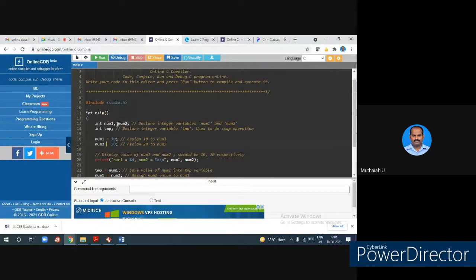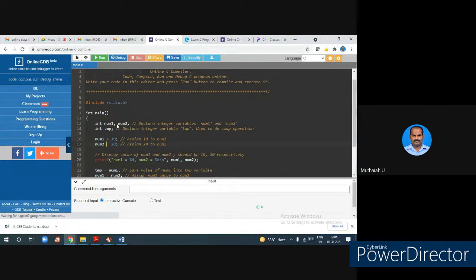Now what is our problem? Here, swapping of two values. You understand? You just relate to object-oriented analysis and design. Here you are analyzing this problem. See, the problem is given to you: swapping of two values. How can we swap? I have 10 as a value, 20 as a value. So 10 is in one position, 20 is in another position. Now what do I have to do for swapping? 20 should come to the 10 position, where the 10 value is available. Now 10 is going to 20.